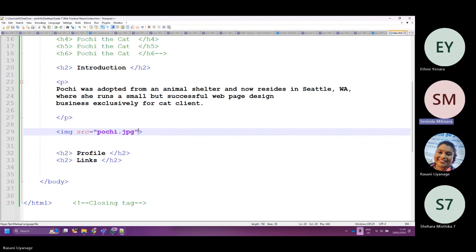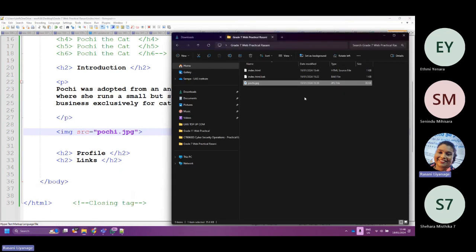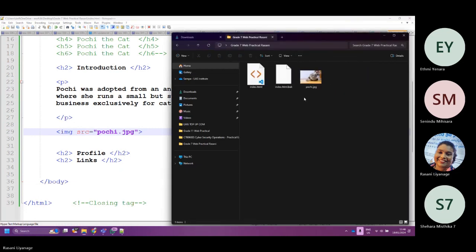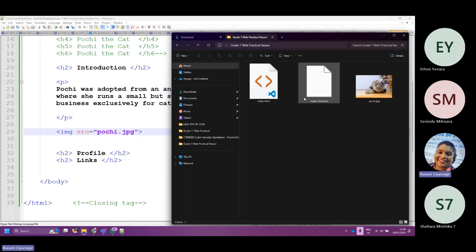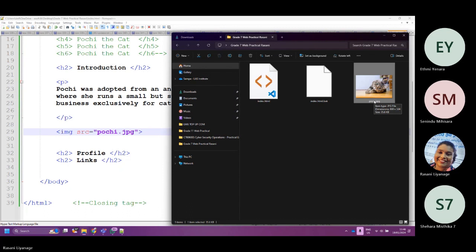Madam, my picture is not showing. Check whether the image is in the same folder that the web page is. Check whether they are in the same place. Yes, madam. Right. Check the spelling of the name. Mine is pochi.jpg. How about yours? Pochi.jpg, right.